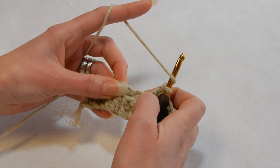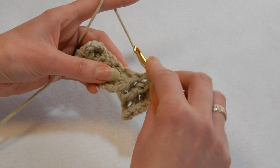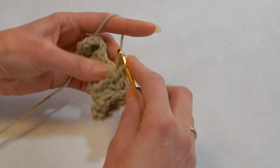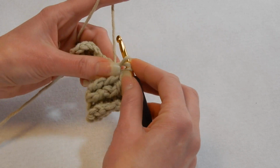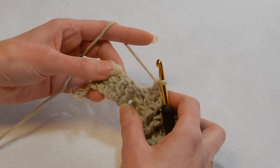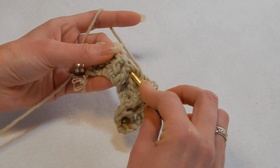Yarn over the hook. The next set of 2 are going to be back post. So you go from behind and you're going to do 2 back posts. The next 2 are front post. So yarn over the hook, we're going to do front post. So we go from front,